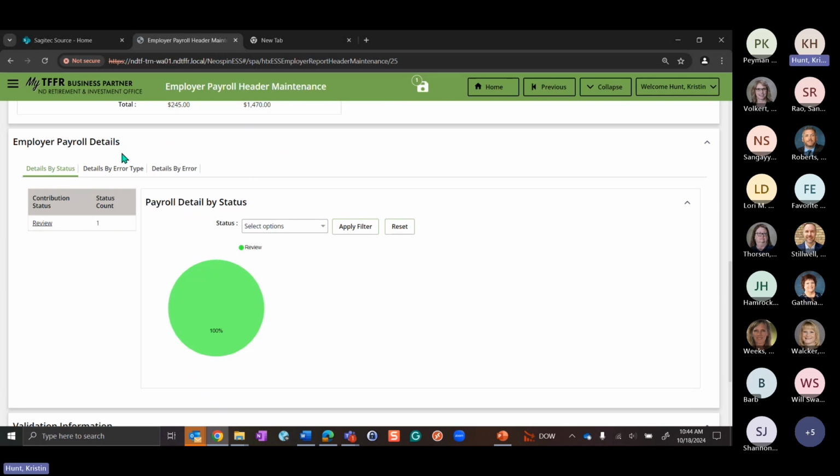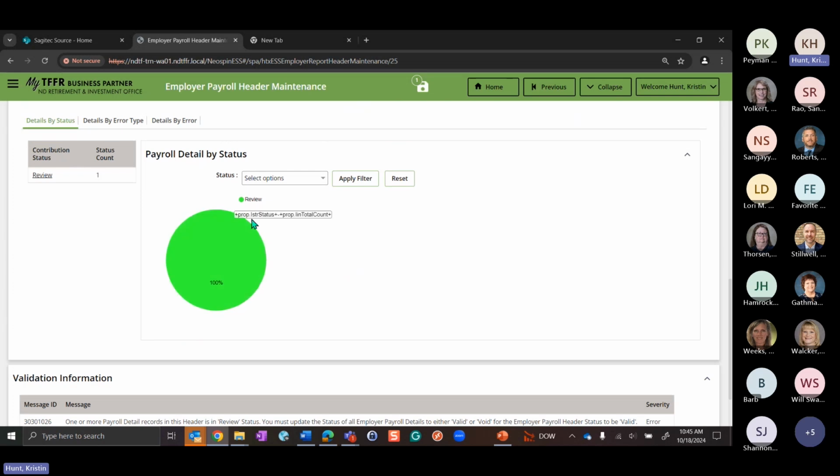So we can see I only have one count here and that it's in review. We have this nice little pie chart and we can see that 100% is in review. If I had more records in here, it might be one is in review and one is valid, and it would split it up. I just wanted to point that out.